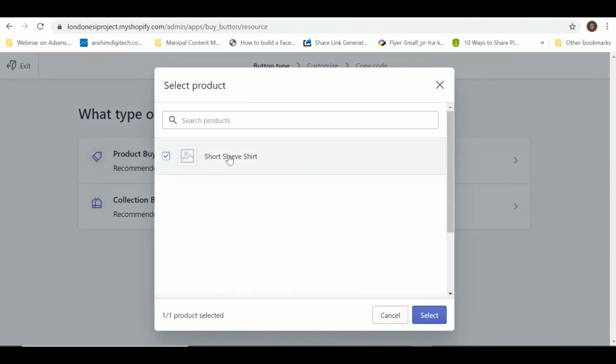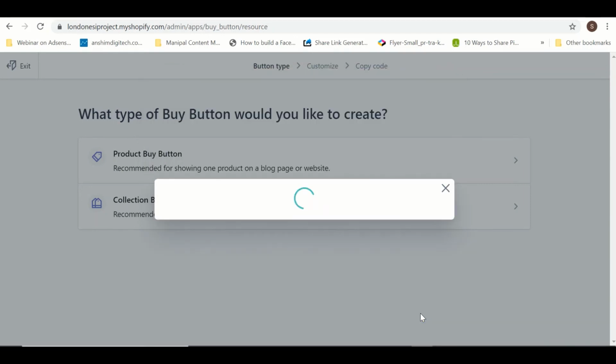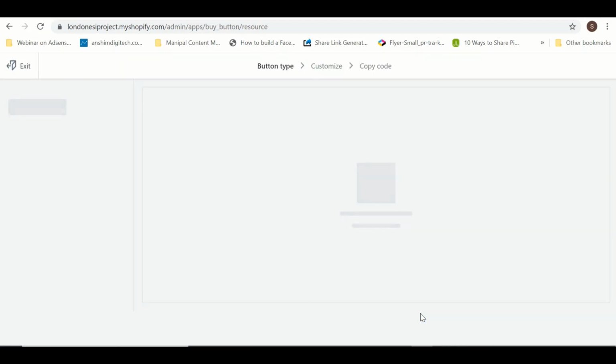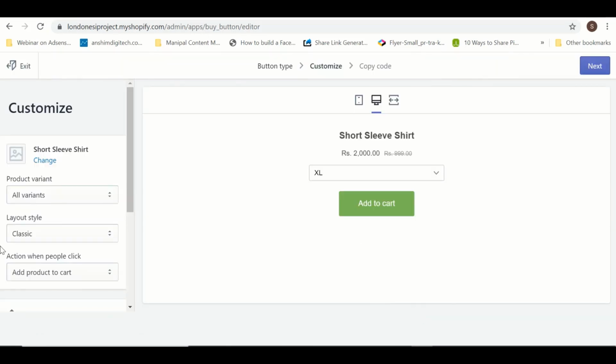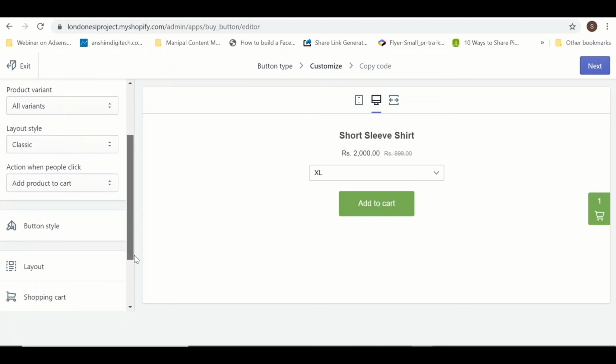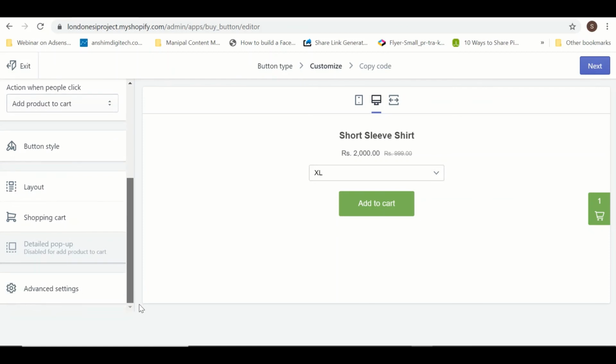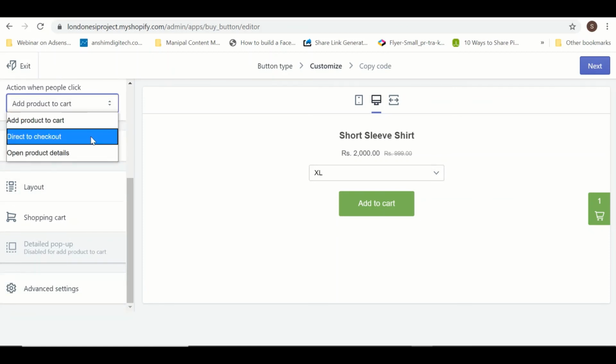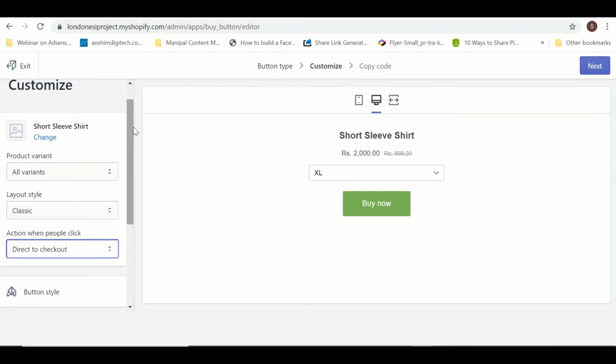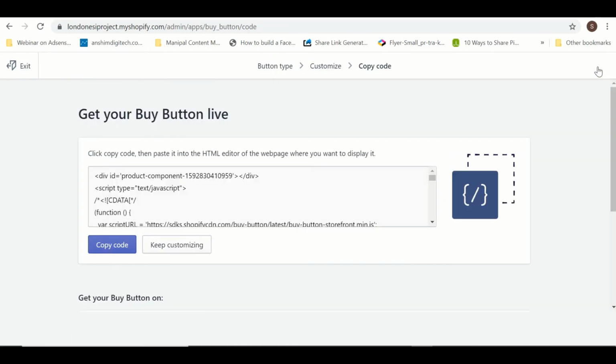Okay, so I will search this product for which I want to create a buy button. And what is the next thing that I can do is I can customize my button. How should my button look like? So I can customize that button, and then I can add it to a website.